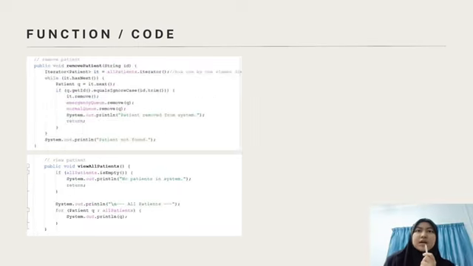So for remove patient, the system will remove a patient based on the ID. First, the system will search the patient in the master list using an iterator, and when the patient is found, the data is removed safely from the master list, and at the same time, the patient is also removed from the normal or emergency queue. This will ensure that the patient data is completely removed from the system and